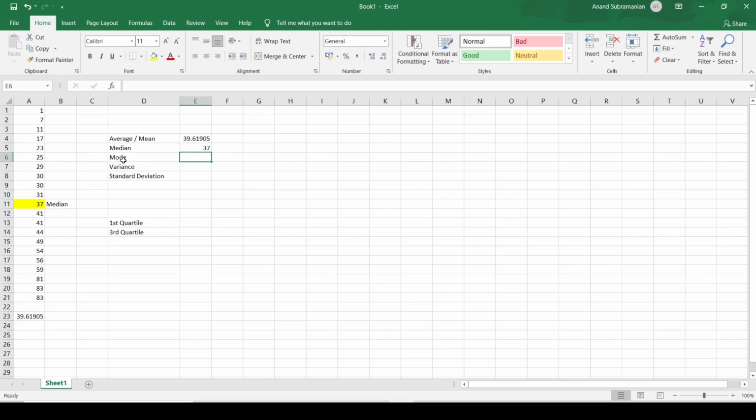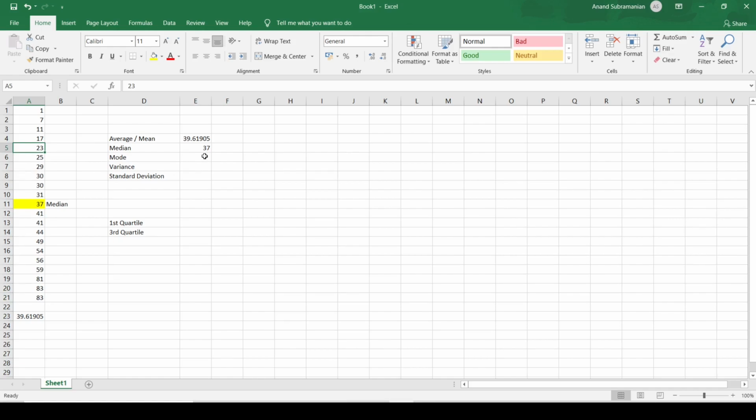Now, what is mode? To understand what is mode, sometimes in our data set, we might have certain numbers which are getting repeated more than once. It could be repeated twice, thrice, four times, etc. But any number that gets repeated the most number of times, that number is the mode in the data set. So here if we see 30 is getting repeated twice, 41 is also getting repeated twice, and 83 is also getting repeated twice. So this data set does not just have one mode, it has multiple modes.